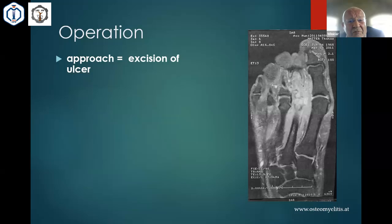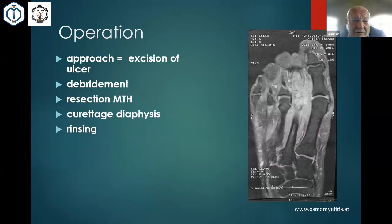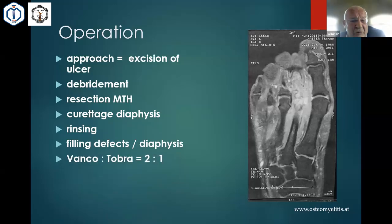First of all, we always have the approach from the ulcer side, so usually from plantar, and excision of the ulcer is mandatory. From there, we go for the debridement. We remove everything which is necrotic and infected. The remnants of the metatarsal head are resected and removed. Then we curette the diaphysis of the metatarsal, rinse the whole area thoroughly, and then we fill the defects inside the diaphysis with our antibiotic bone graft, usually using a mixture, because we almost always face